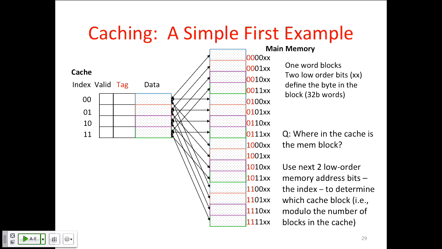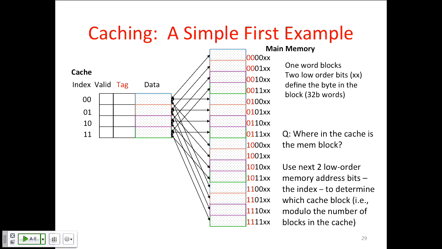So tag field, if this guy's in the cache, the tag field has 00. If this guy is in the cache, the tag field will be 01. If this guy's in the cache, the tag field will be 10. If this guy's in the cache, the tag field will be 11. Okay, so the tag tells you which of those possible memory locations is in that line in the cache, but